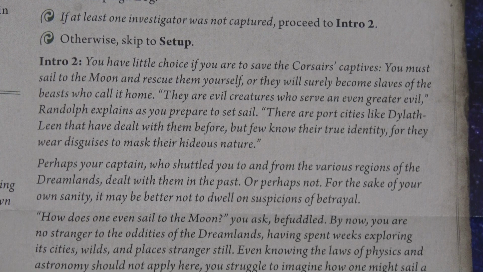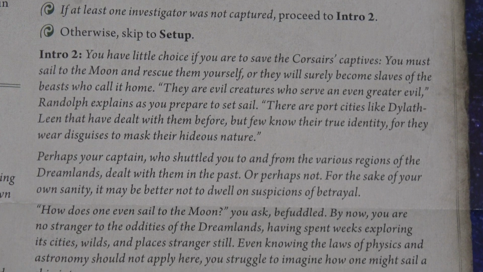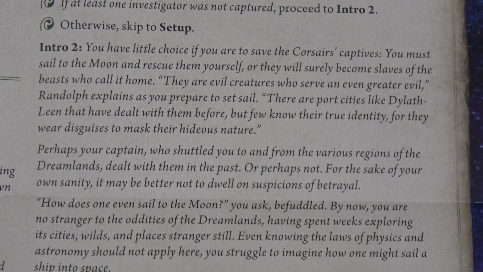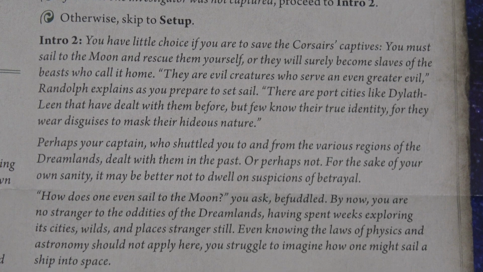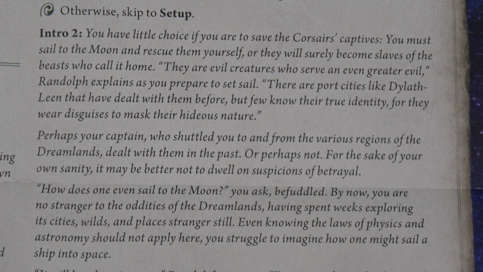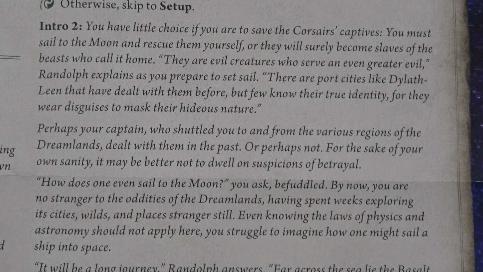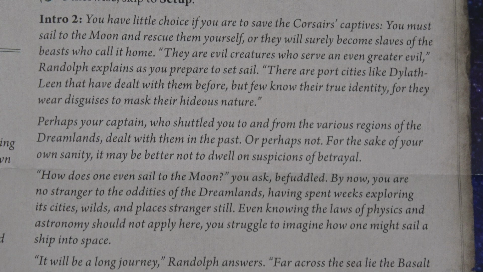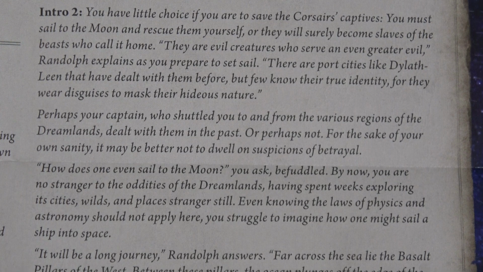You have little choice if you are to save the Corsair's captives. You must sail to the moon and rescue them yourselves, or they will surely become slaves of the beast who will call it home. They are evil creatures who serve an even greater evil, Randolph explains as you prepare to set sail. There are port cities like Dylath-Leen that have dealt with them before, but few know their true identity, for they wear disguises to mask their hideous nature. Perhaps your captain, who shuttled you to and from the various regions of the Dreamlands, dealt with them in the past, or perhaps not. For the sake of your own sanity, it may be better not to dwell on suspicions